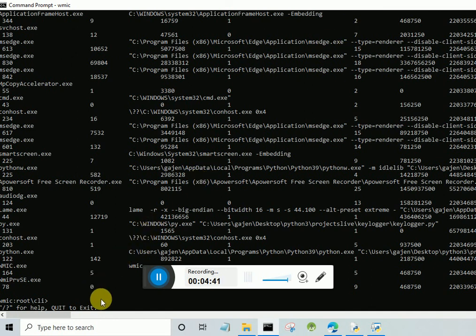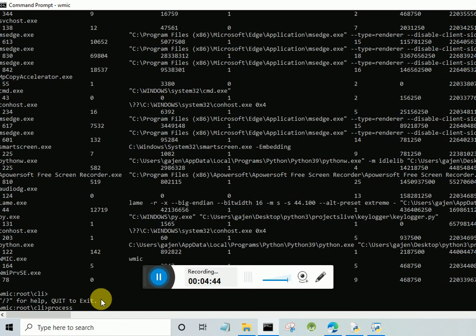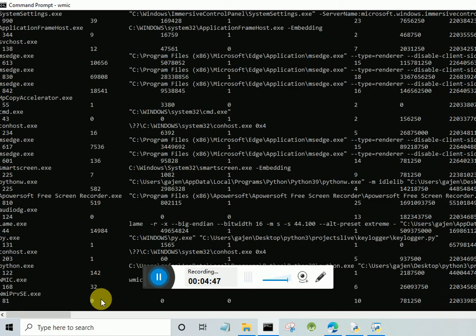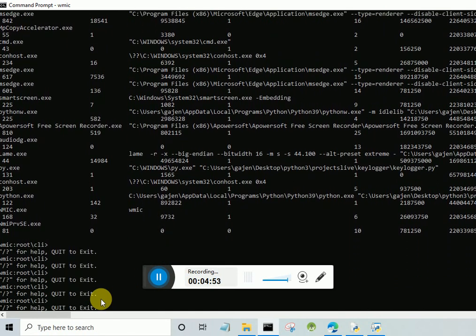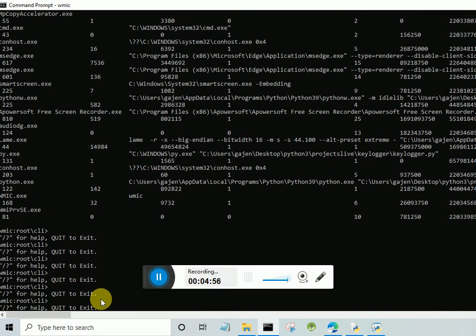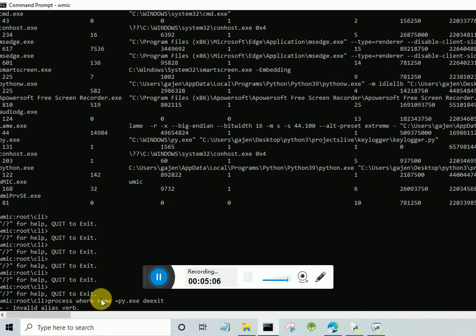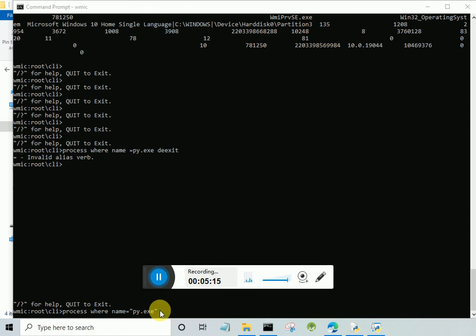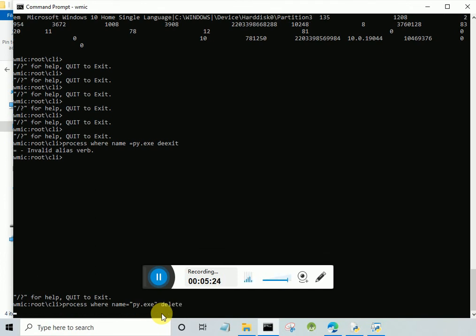Okay, process where name equal to py.exe space delete, then hit enter.